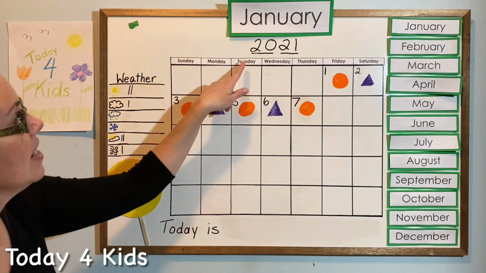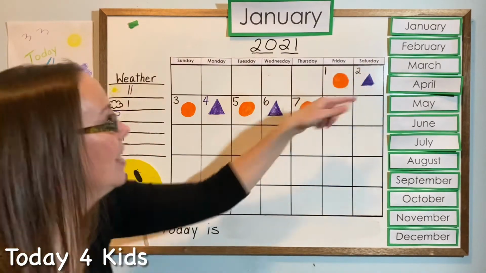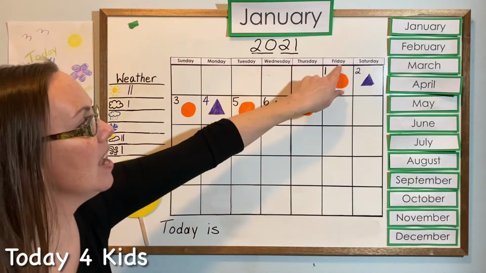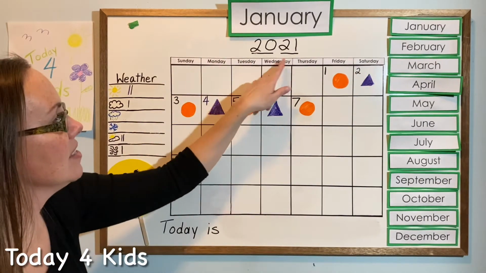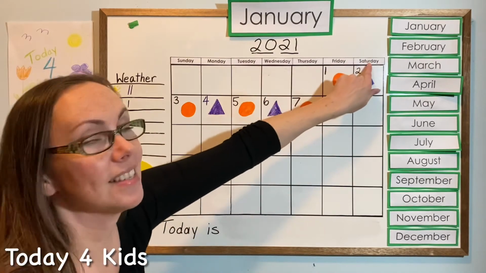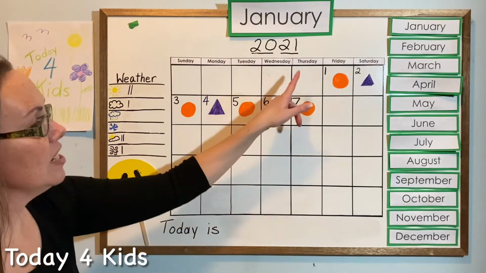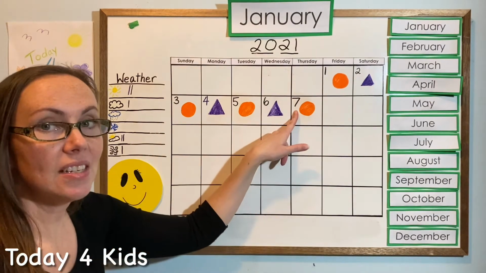Sunday, Monday, Tuesday, Wednesday, Thursday, Friday, Saturday. Very nice. So after we determine that today is Thursday, the 7th, now we need to tell what the month